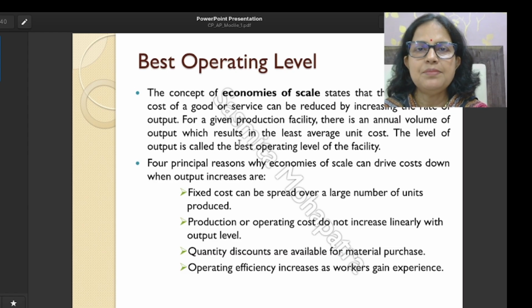Let us take one example. We are going to purchase a washing machine. Suppose the capacity of the washing machine is 7.5 kg load. That is the design capacity of the machine. If we give all the best conditions, all the ideal conditions and the ideal environment to the machine, it can operate to the ultimate level. That is the maximum output we are able to achieve, which is a theoretical concept.